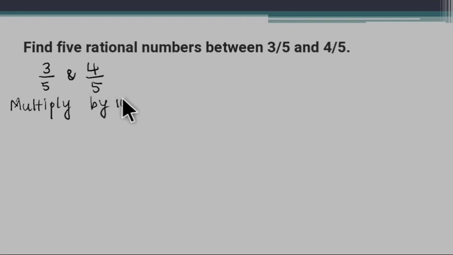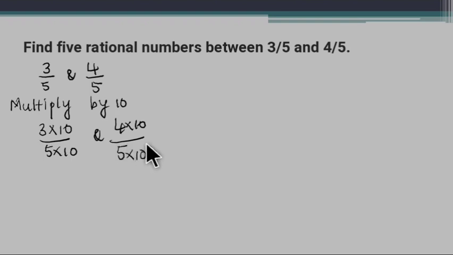Multiply by 10 for both numerator and denominator. So 3 into 10 on the left side and 5 into 10, and on the right side 4 into 10 and 5 into 10. What is 3 into 10? 3 into 10 is 30, 5 into 10 is 50, and on your right side 4 into 10 is 40, 5